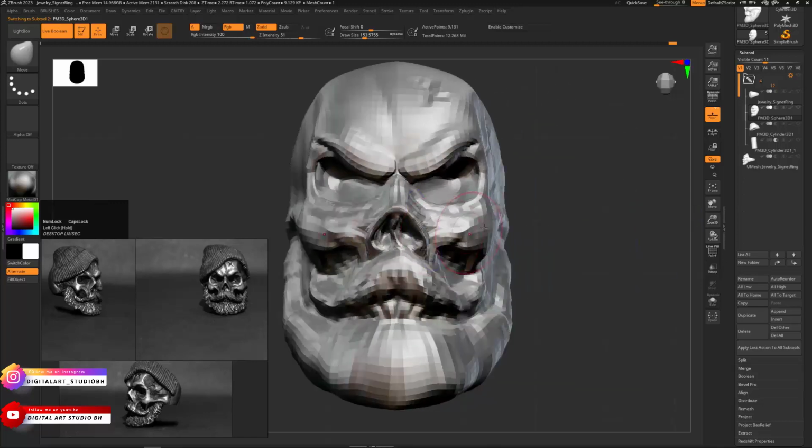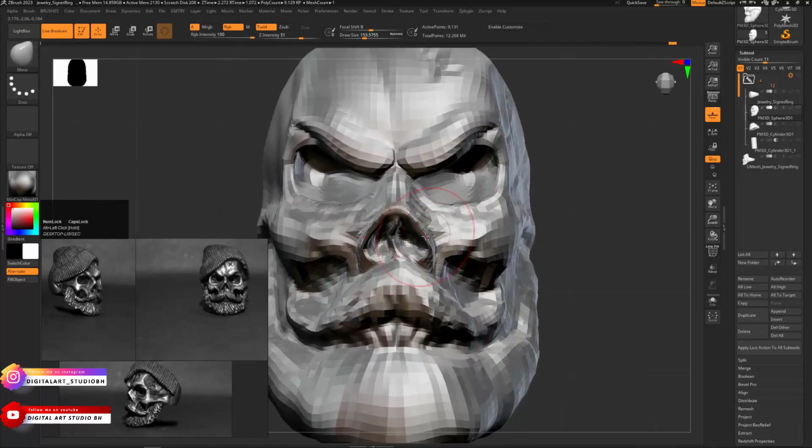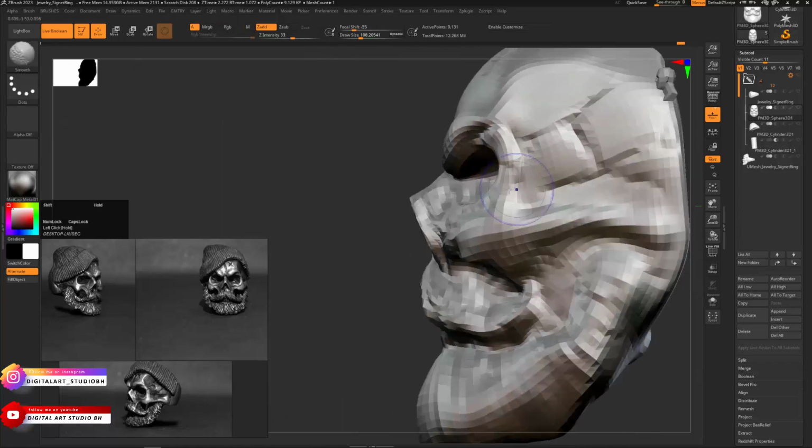All right, as you can see, it's completely up to you guys, however you feel, if you want to make a skull like this or